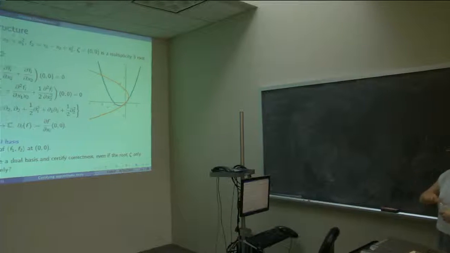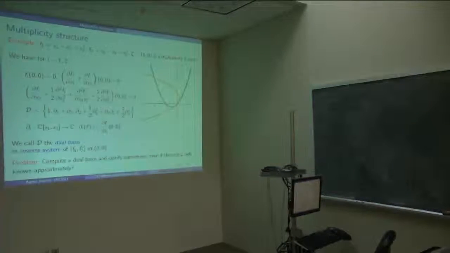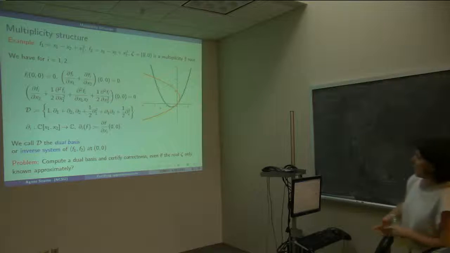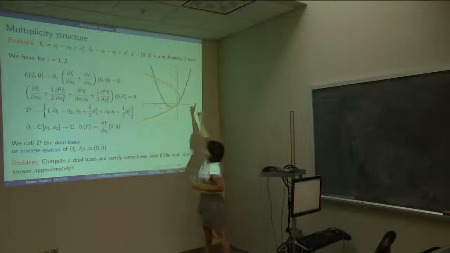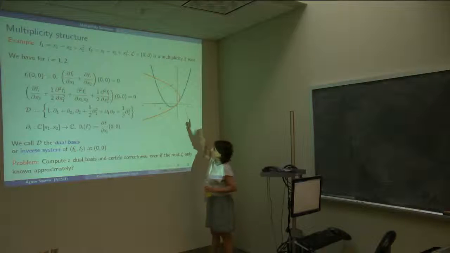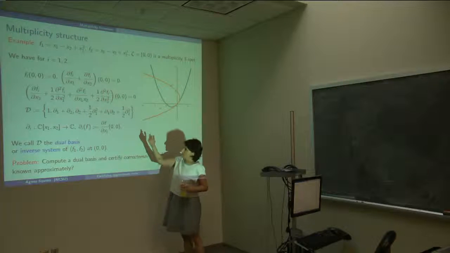This is 2 equations, 2 polynomials, and they have, I will use here, the 0, 0. Usually when people talk about multiplicity, they push everything to 0, 0, which in practice is ridiculous, but for this, allow me to use this example. So the 0, 0 is a multiplicity 3 root, and what I mean by multiplicity structure here is that you